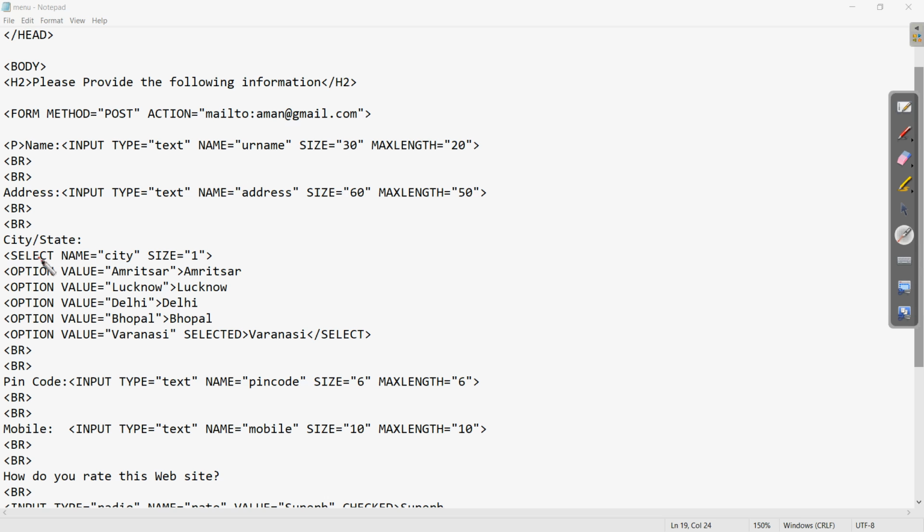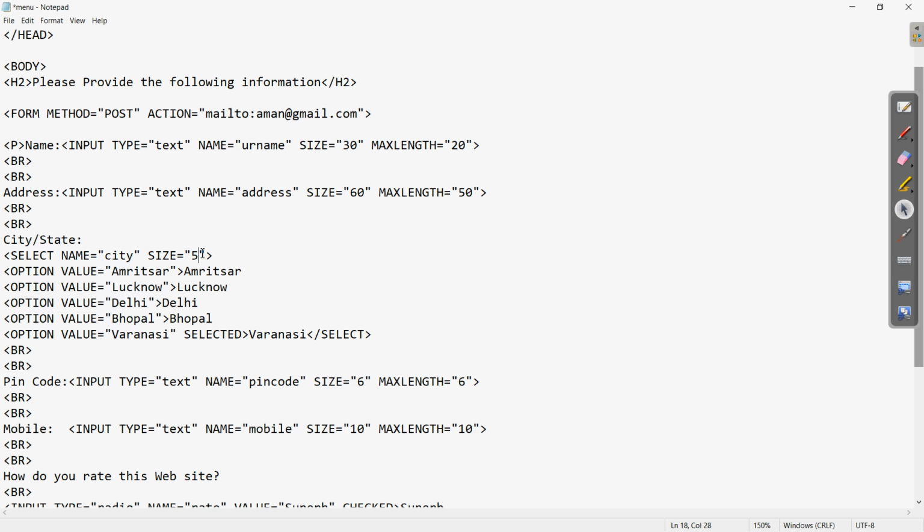So the name of the menu is given with the name attribute, and the values are given with the option value attribute. And here we have the size attribute. Whatever number of values we want to appear on the page can be given by writing the size. Let me show you.